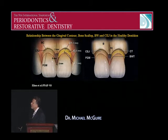The contour of it will follow the contour of the CEJ, as does the free gingival margin. We have a biologic width around teeth that's suprabony, on average about 1 millimeter connective tissue attachment, about 1 millimeter junctional epithelium, about 1 millimeter of sulcus depth. And if you look at the papilla, and if your contact area is no further than around 5 millimeters from the bone, as a rule, you're going to have a full papilla here, and that papilla is going to be made up of about, on average, 3 millimeters of sulcus depth and about a 2 millimeter